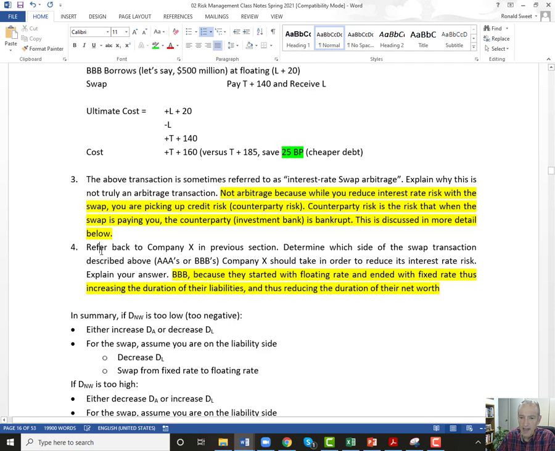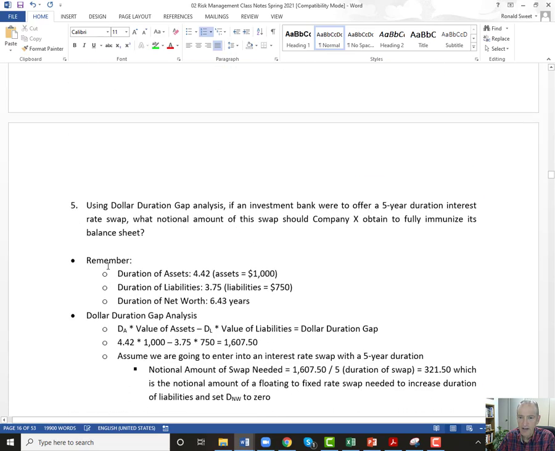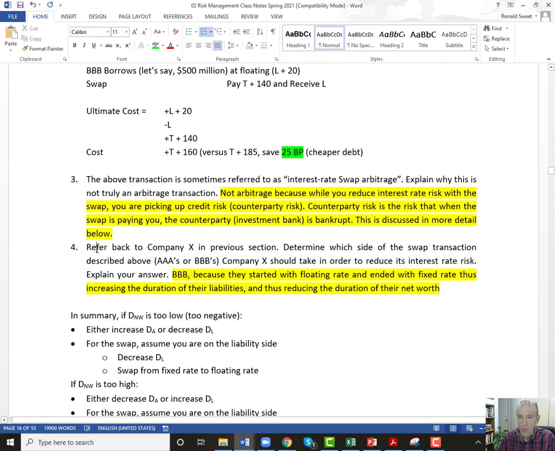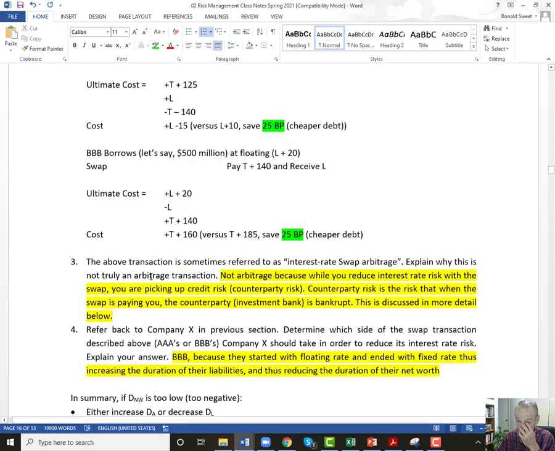And the last thing we have here is, well, not the last. The second last thing, before we get into dollar duration gap analysis, is which side of the transaction should the bank in the previous question take? All right, so let's go back and